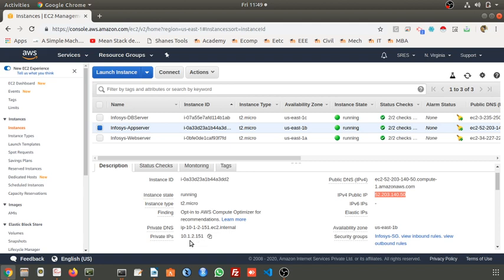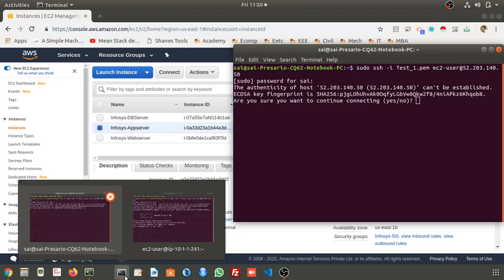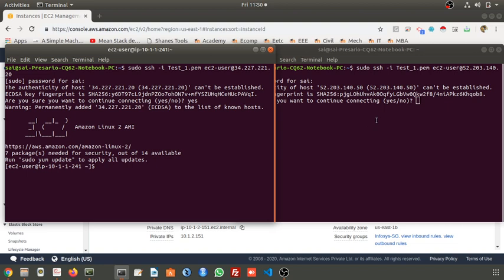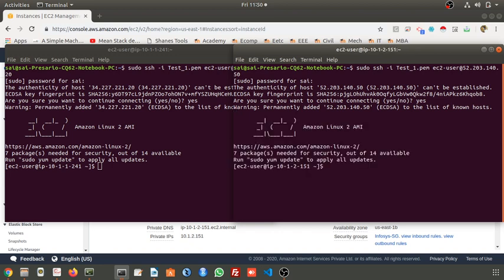Whether any route is defined in the routing table, it is already defined. Yeah, it is also connected.